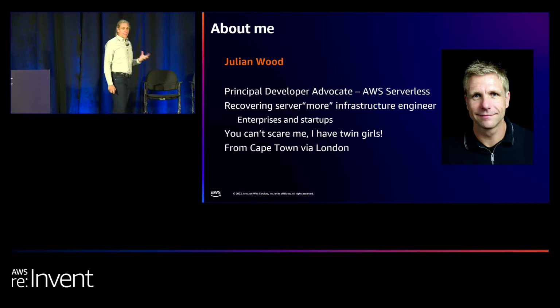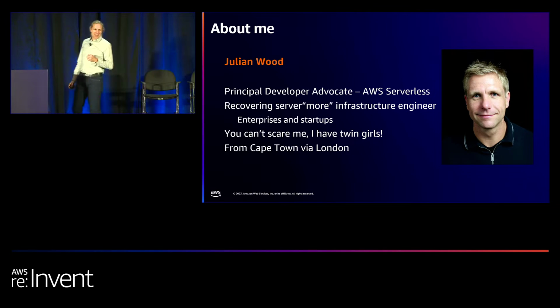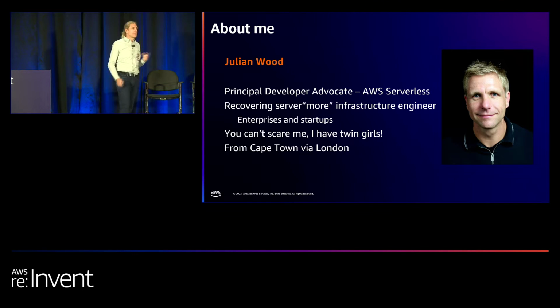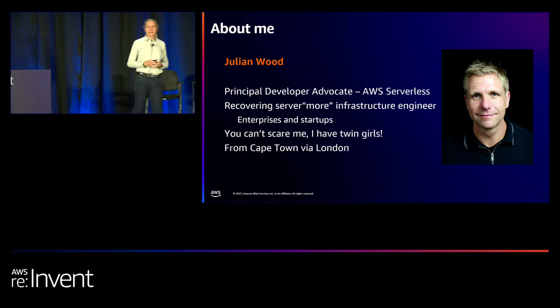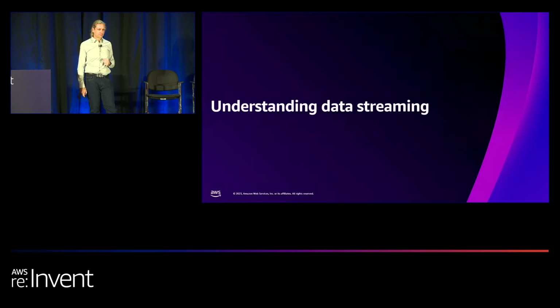If you're wondering who I am, well, I'm Julian Wood. I do have slightly longer hair. That's what lockdown does to you. But I'm a principal developer advocate here within the AWS serverless team, and I work in a super cool team as part of the product organization for serverless in AWS. And I help developers and builders best understand how to build serverless applications, and also importantly, act as your voice internally to make sure that we're building the best serverless products and features.